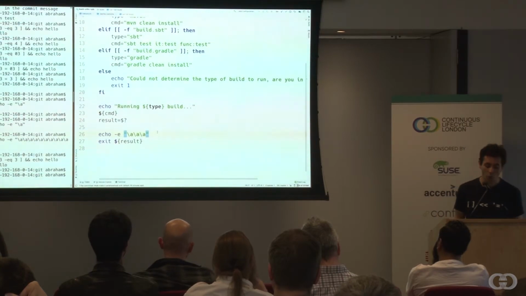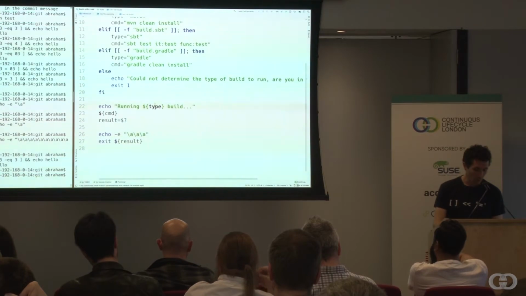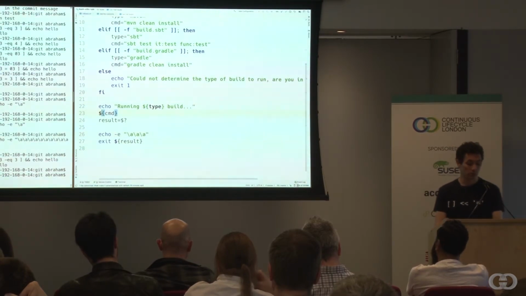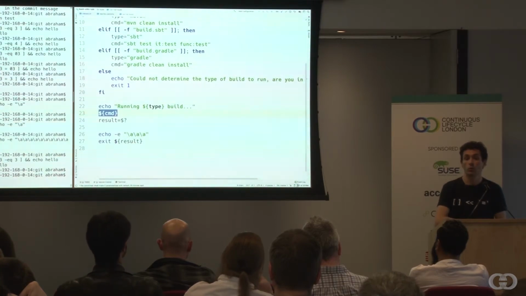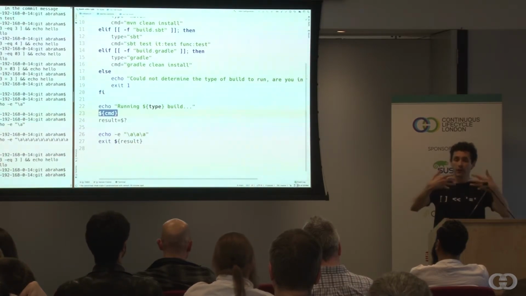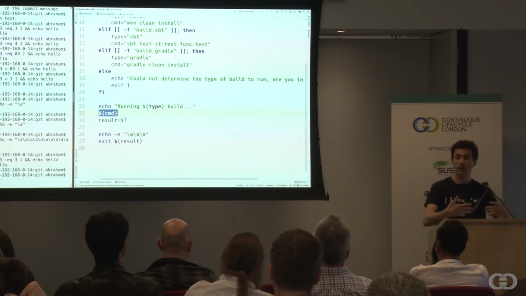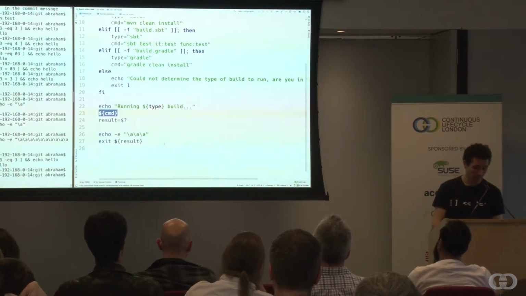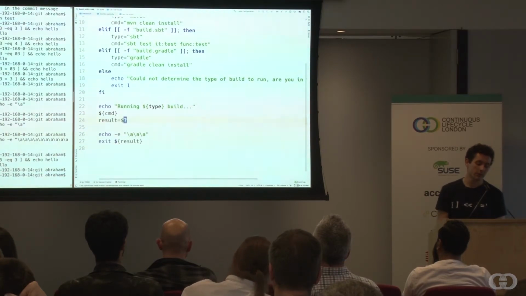So now we need to make use of another of those funny variables that Bash has. Oh, by the way, something that I didn't mention, if you just put a variable just like that, what Bash will do will be evaluate the variable and then evaluate the whole line. And because the only thing on the line is the value of that variable, that will mean it will run that as if it was a command. Yep. Okay. So another of the special variables is this one,